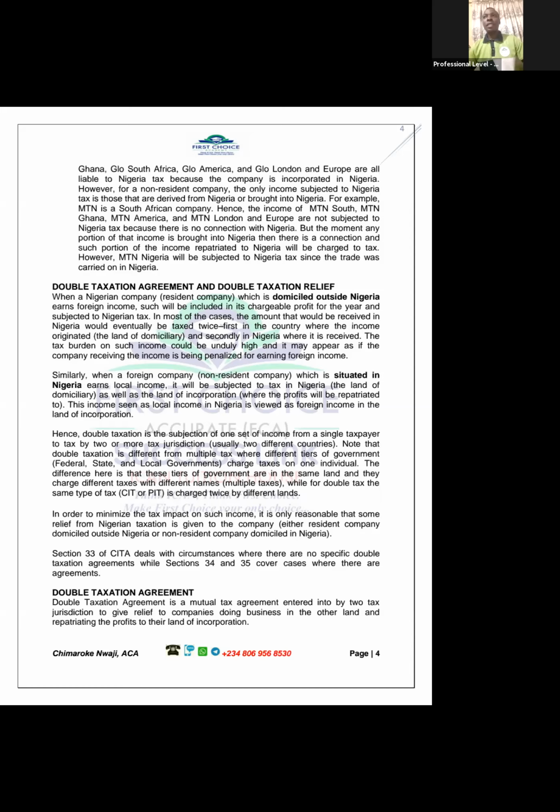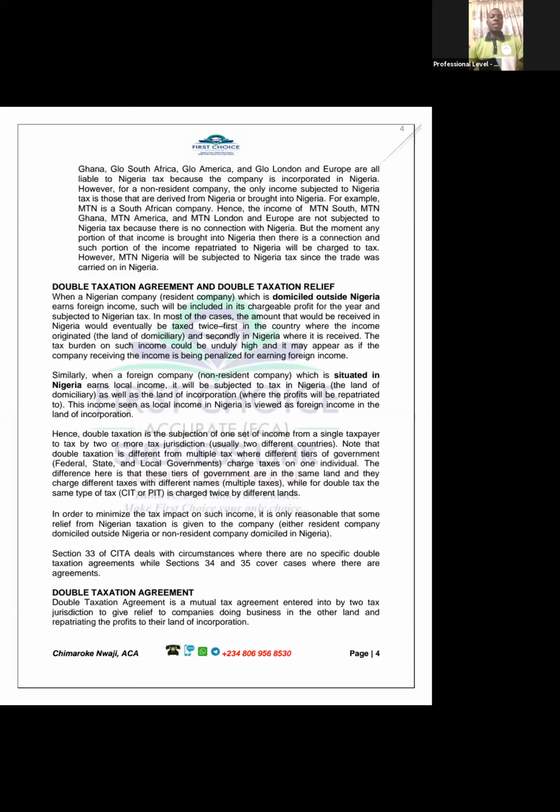And if you look at it now, if you look at the bigger tax and the smaller tax, the sum of the two countries' tax is going to give you the bigger tax. So you see 200 plus 100 gives you 300. And how much was charged in Nigeria? 300 initially. So you see, they will always pay the higher of the two countries' tax.